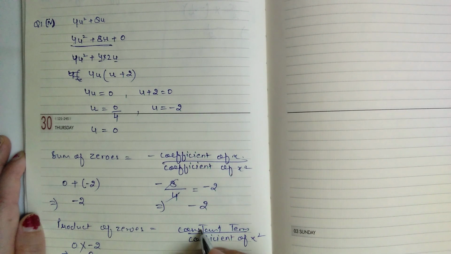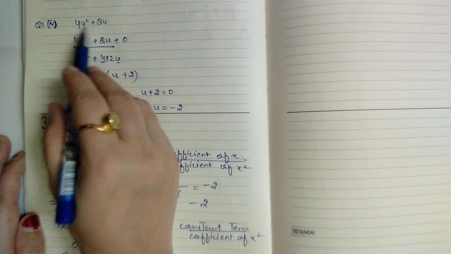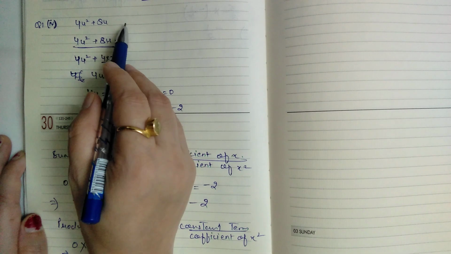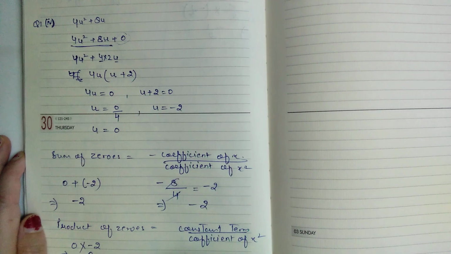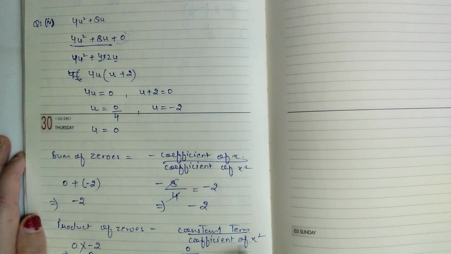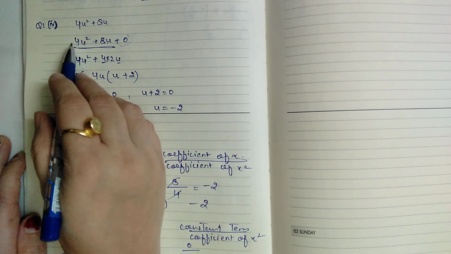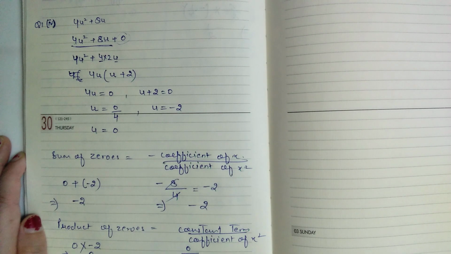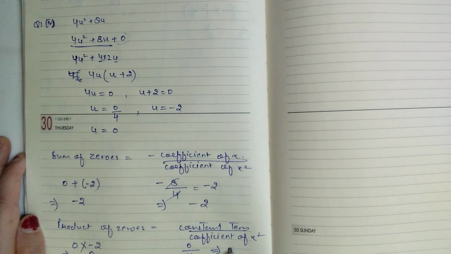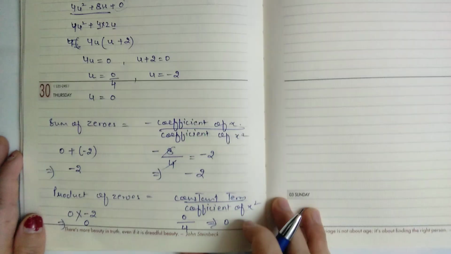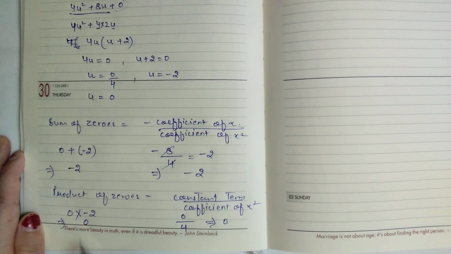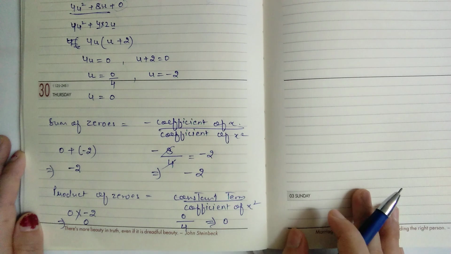Okay, now the constant term here, हमने देखा कि था नहीं, तो that means वो 0 ही होगी. 0 upon coefficient of x square, that means u square is 4, so 0 divided by 4 is equal to 0. So आप देखोगे कि दोनों ही केसेस में ये 0 आ रहा है, so the zeros are correct.